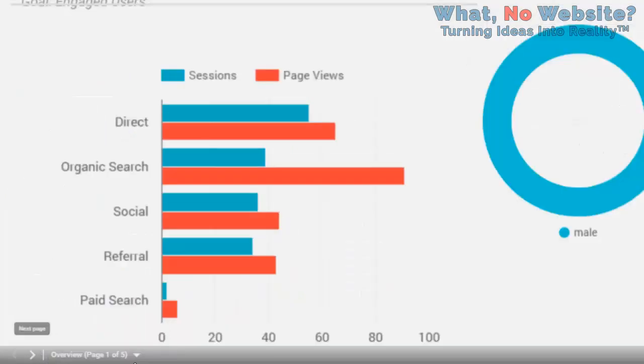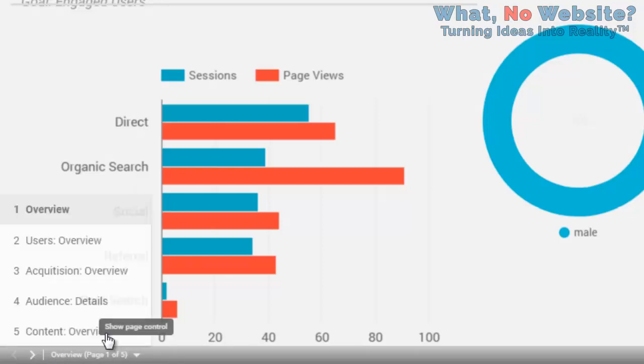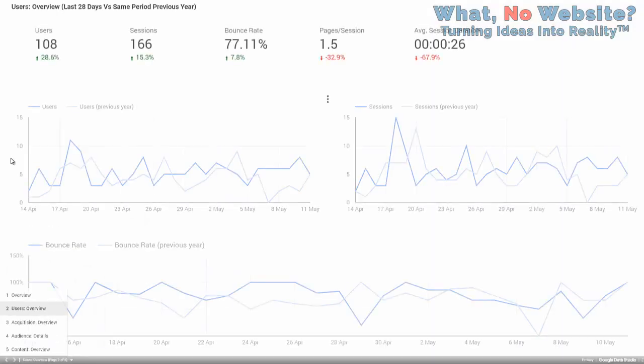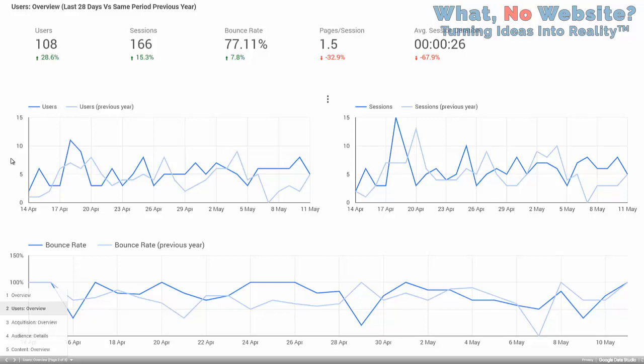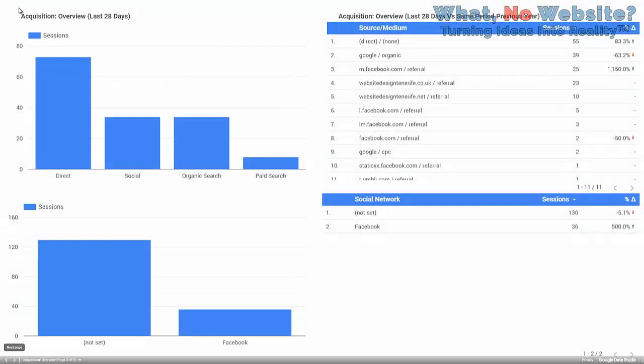So if I go over to the bottom left hand corner here, there's two ways of navigating. I can either hover over this and click the next page option, or if I select this drop down menu, I can go to the next page. So again, very similar to the last page, but a little bit more detail on the bounce rate and the sessions and the users. And if I go to the next page, we get some information on how people are finding the website. So acquisition, where people are coming from,